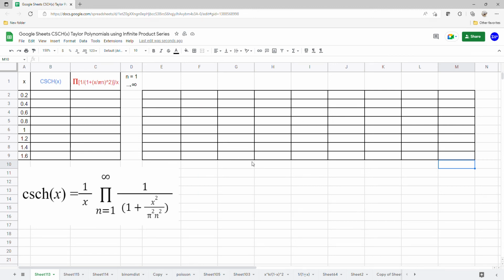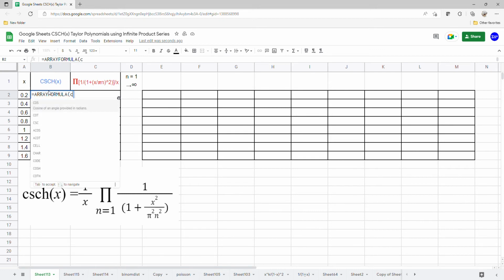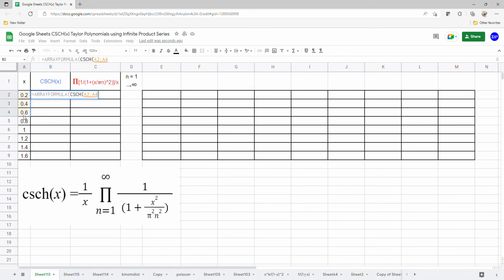In this video, we will generate the hyperbolic cosecant for x values from 0.2 to 1.6. So it's an array formula, hyperbolic cosecant of the x values 0.2 to 1.6, and we generate the Taylor polynomial expansion using the infinite product series, which